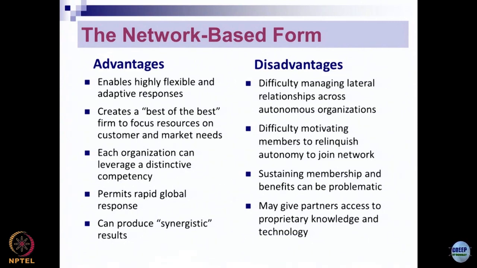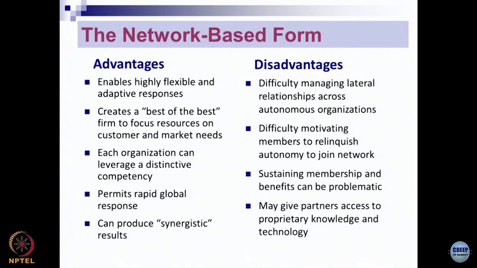Difficulty in motivating members to relinquish autonomy to join the network. Not all the service operators may be willing to join a network operator or a broker organization or a process orchestrator. If the process orchestrator has become really very big and a household name, as it has happened with Flipkart, as it has happened with Amazon,